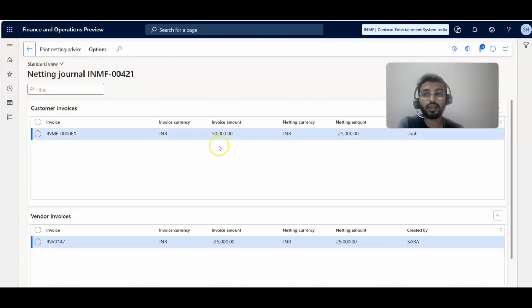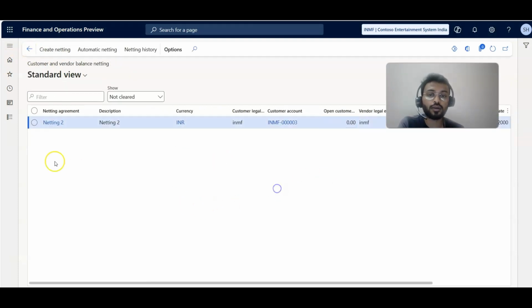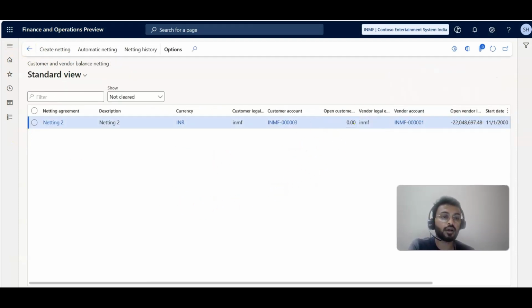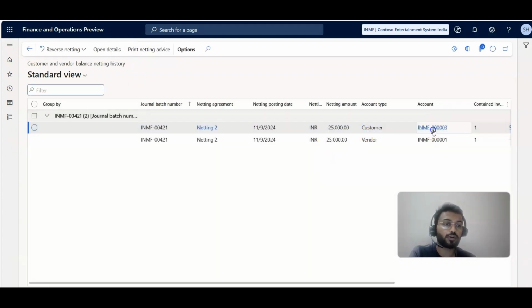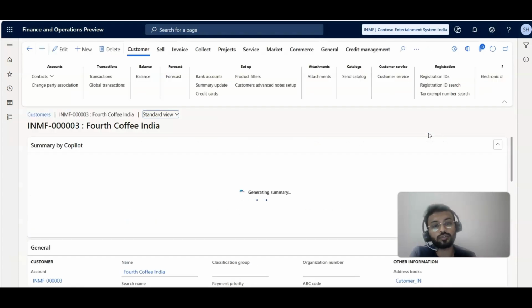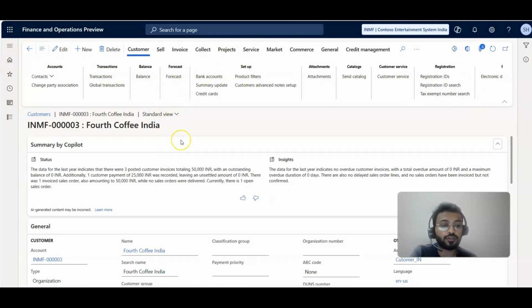In the open detail view you have all details. If there are multiple lines, you can see them also, and the same netting advice report will come from here also. So this is the manual way of creating the settlement. But before that, there is an automatic way also to do the netting, but before that we are going into the customer and vendor, and we will see what the impact of the netting is in